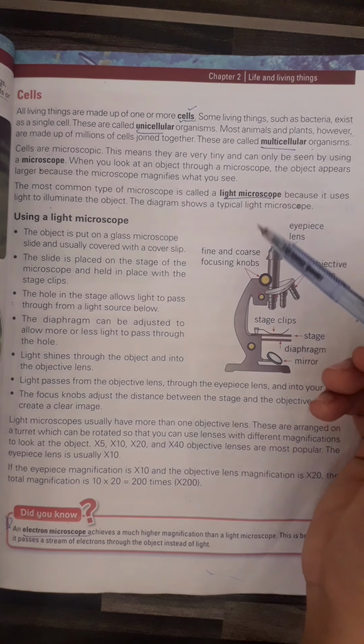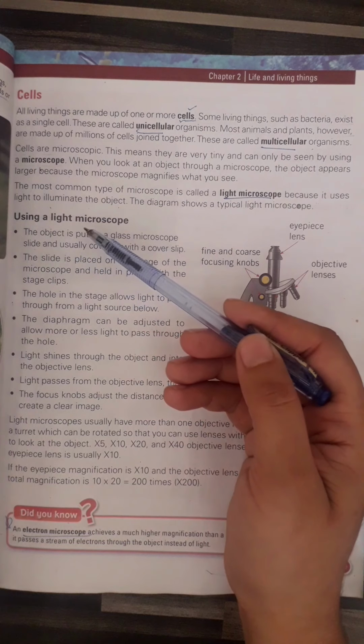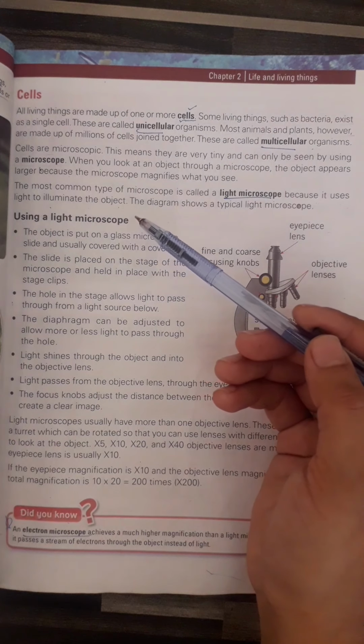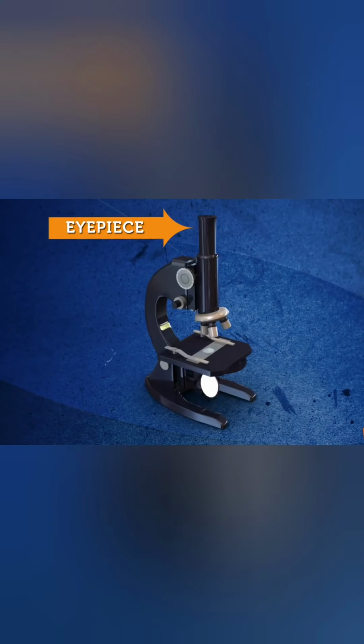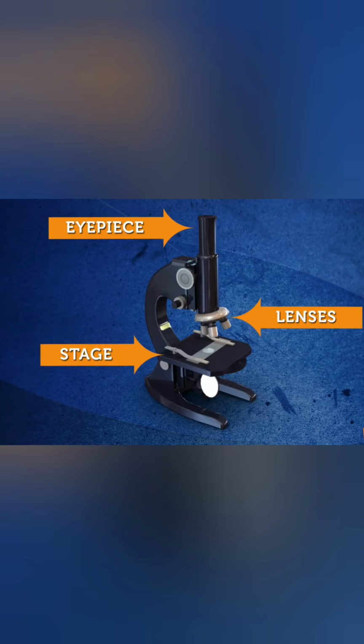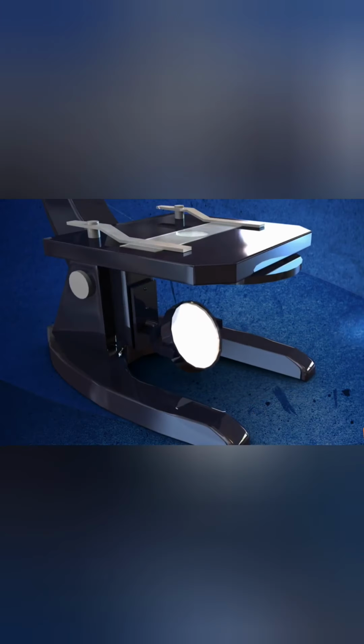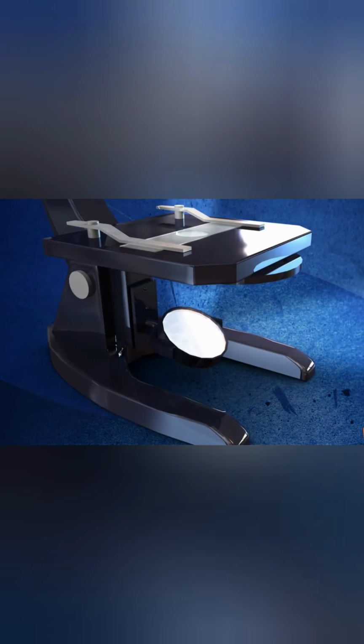Now let's start to understand the concepts. How can we use the light microscope? Parts of a microscope: eyepiece, lenses, stage, light. Light. In order to see anything in the world, you require light. By throwing light on an object, you can easily make out minute details. This is also true on the microscopic level, which is why specimens must be mounted onto glass. The light source is normally below the stage.